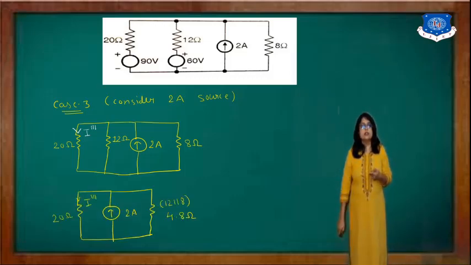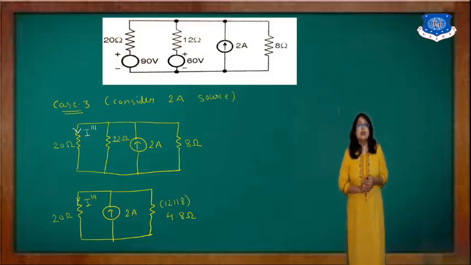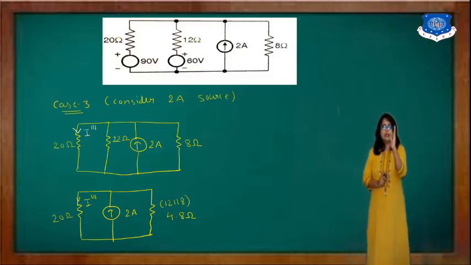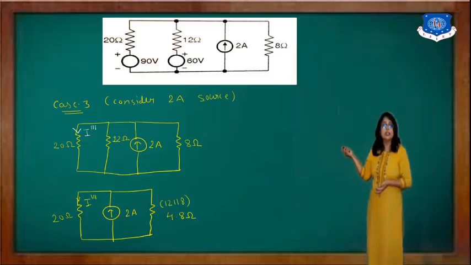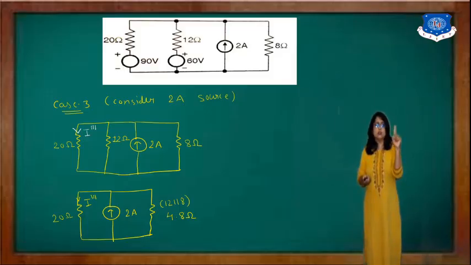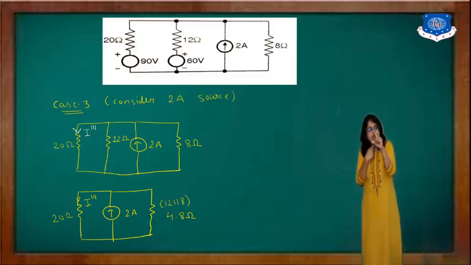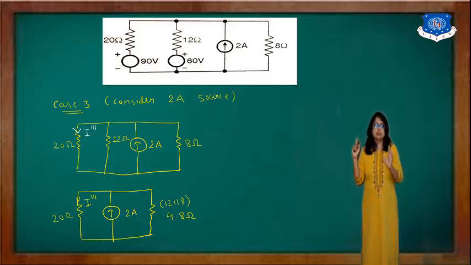Very simple, what will we do? We are going to consider this 12 and 8 as parallel. Right? So what will happen? I have one current source and two resistors, so I can easily apply the current divider rule. Or if you want to use any other method, for example, here all the branches are connected in parallel, so we have a single node. So you just write down the node equation. Then whatever voltage you get divided by 20, that is nothing but your I triple dash.